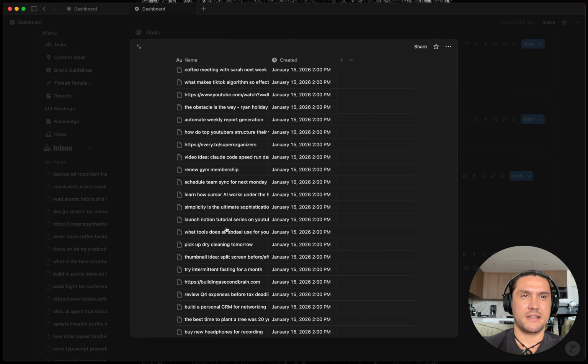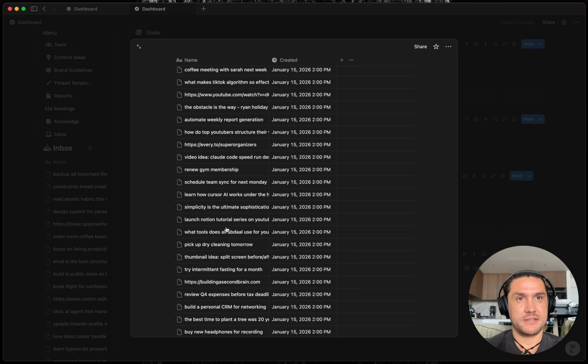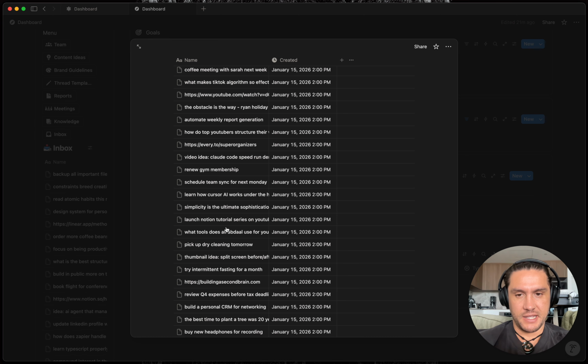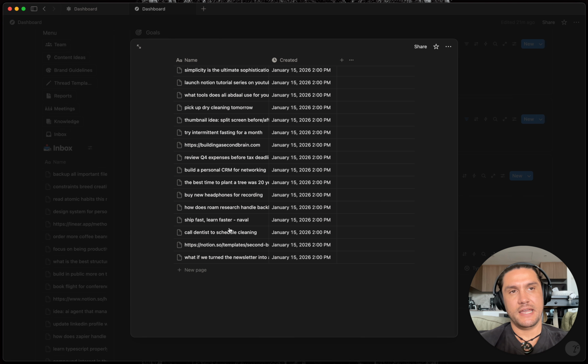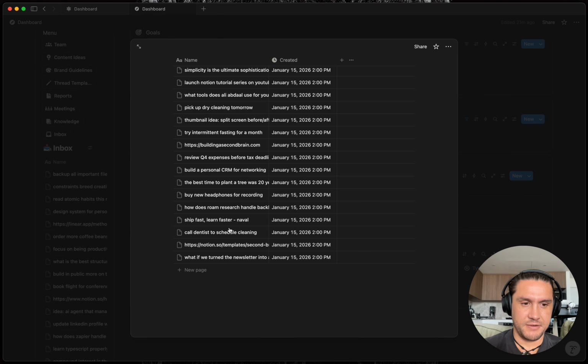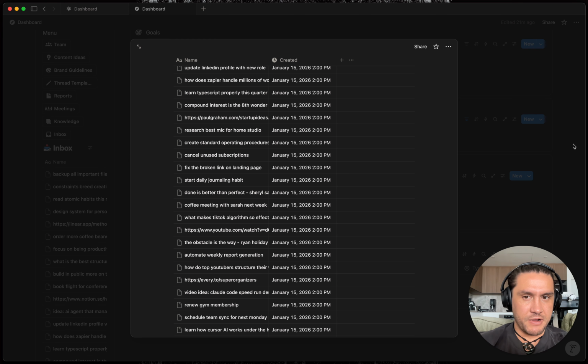You could imagine that the inbox could be populated from different sources. It could be populated manually, it could be populated from within Claude Code itself. You could be working on a code base, you could have a random idea pop into your head, and you could imagine you have a skill where you say, capture this to the inbox, or add this to the inbox. And other sources could also populate this inbox. But we've got 50 random ones in there,